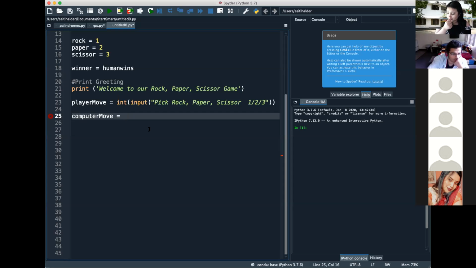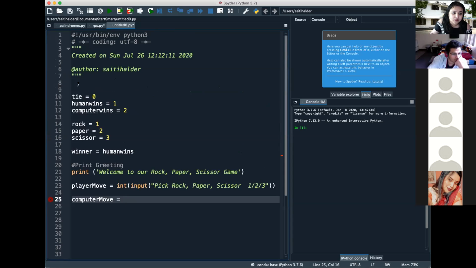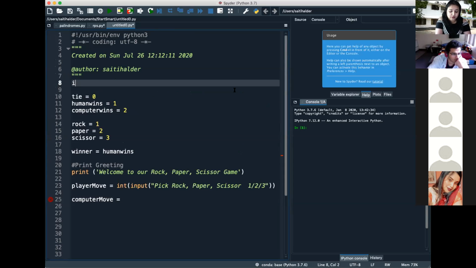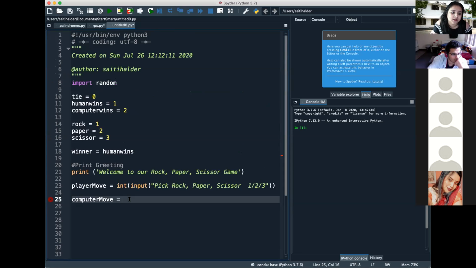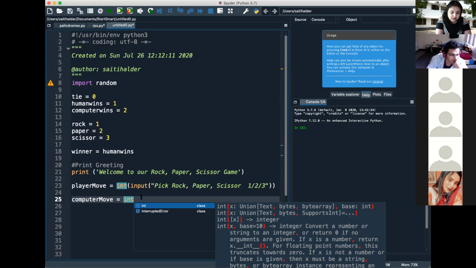All right, if the computer were to pick anything randomly, first of all, you have to import this library random. You write this at the top. So if you import random, it can access some functions that are related to random. All right. So then what the computer will do is it's going to